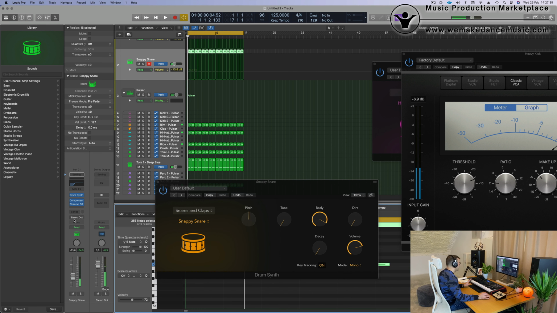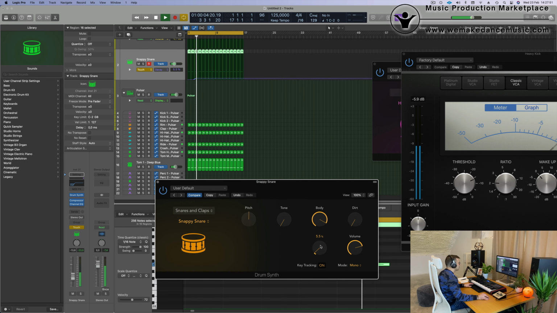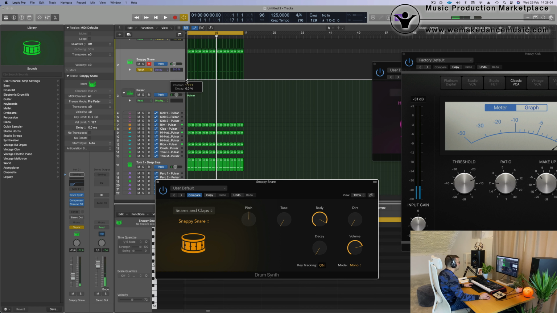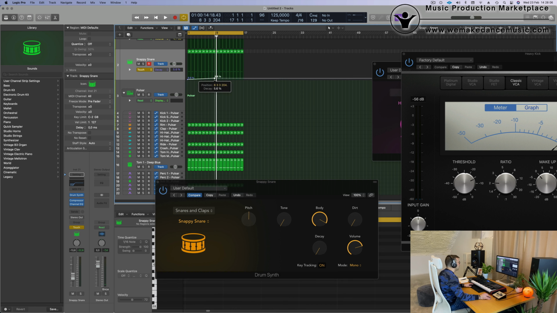I'm going to do the same bit as I've done a little bit before. I can do two different things. I could do a send to a reverb, which will make it bigger, like in a room, or what I will do is increase the decay. So I'm going to put it on touch, open, until it becomes pretty much only noise. Like this. So I think this is